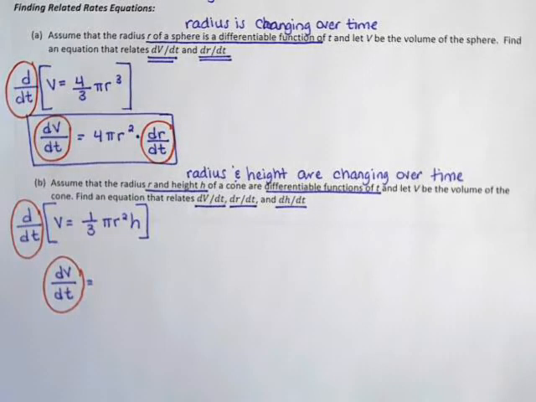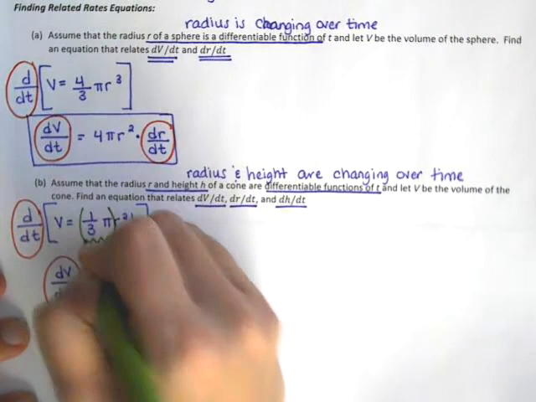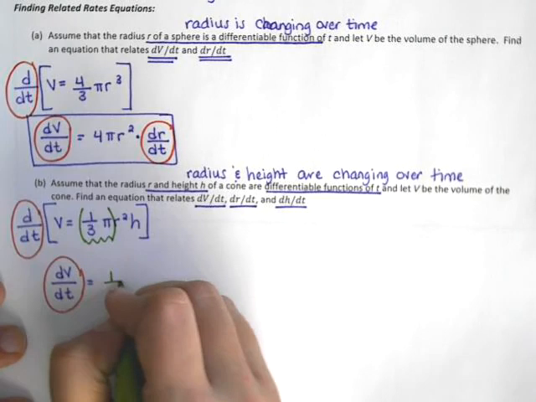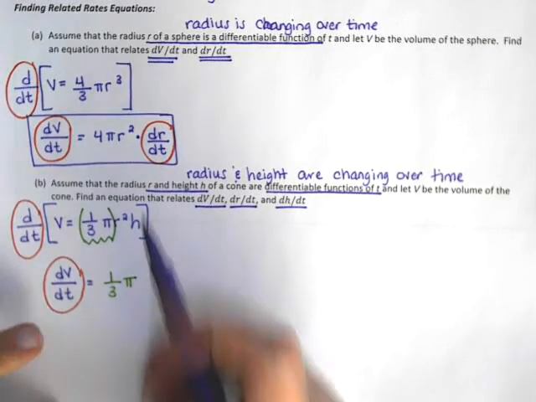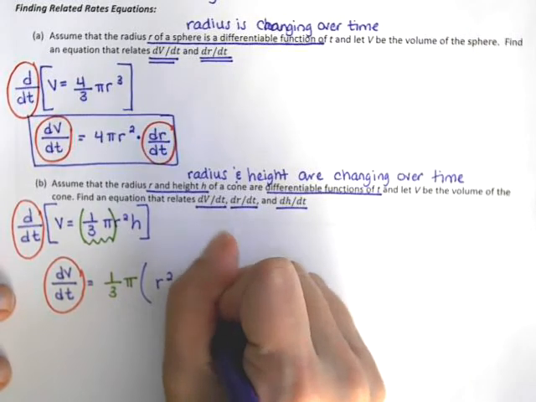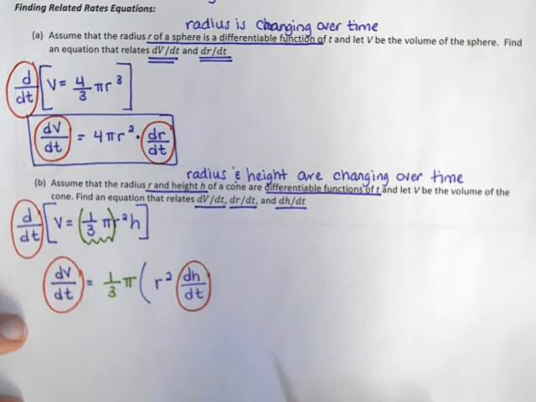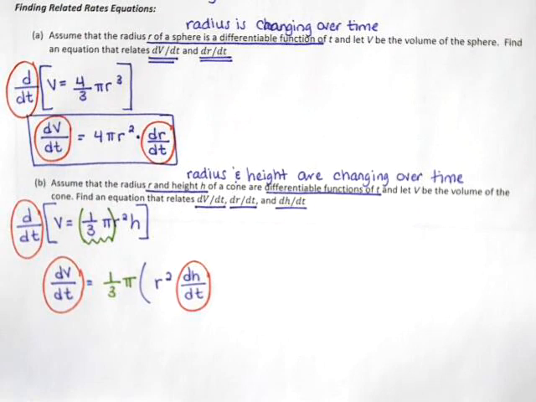Now the 1/3 pi is really just a coefficient. This is basically just a number times the variables. So I'm going to put the 1/3 pi here, and I'm going to work on taking the rest of the derivative after that. Because the r and the h are two separate variables that are changing independently, we're going to have to take a product rule derivative here. So we would copy the r squared, and then we would write dh/dt, because even though the derivative of h would be 1,